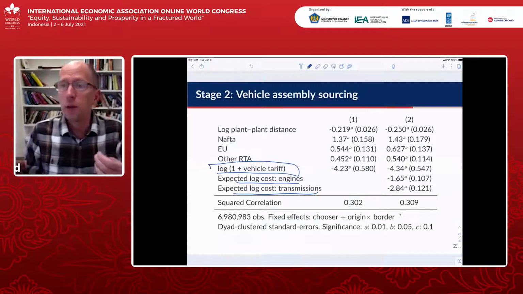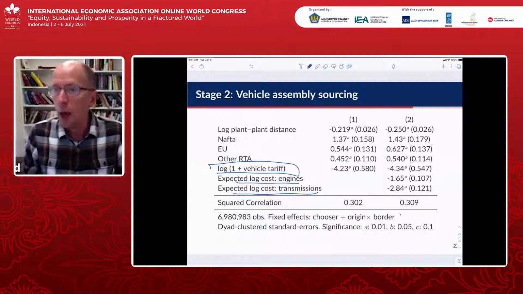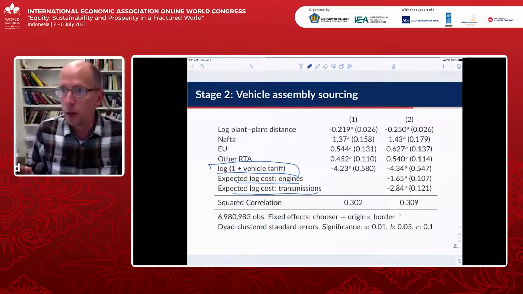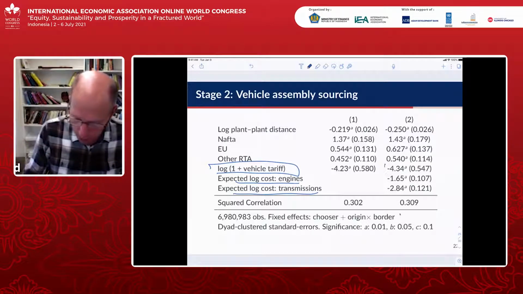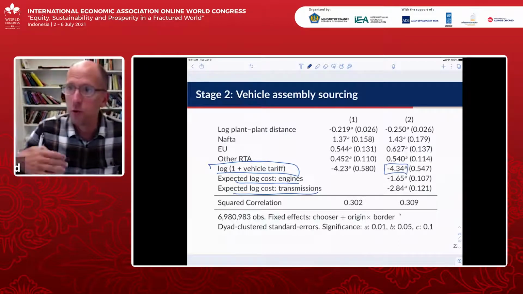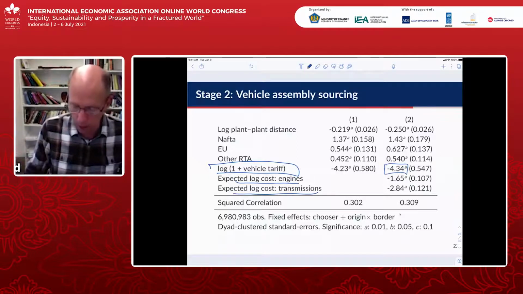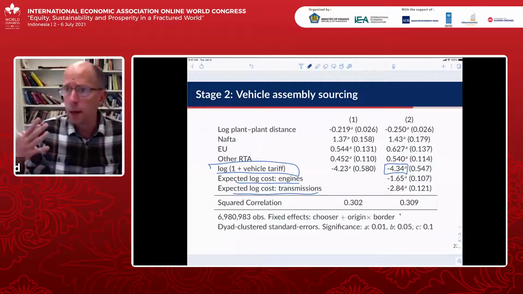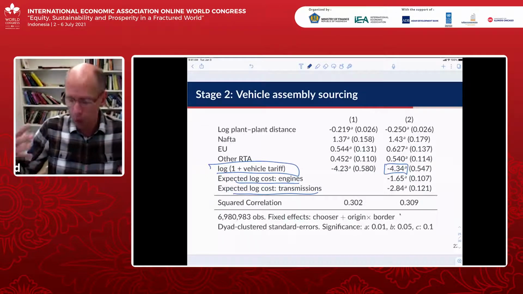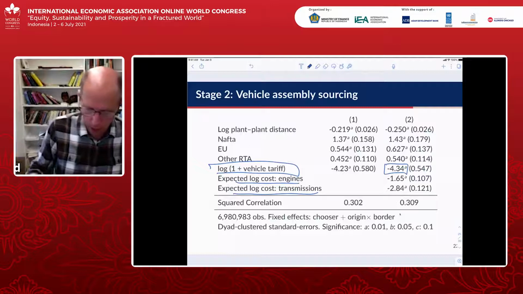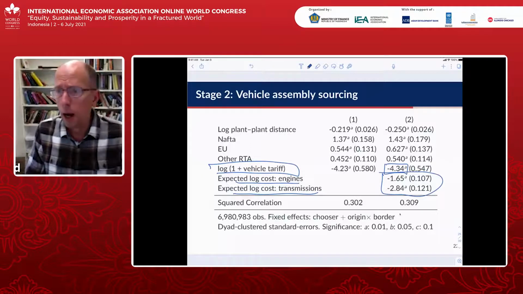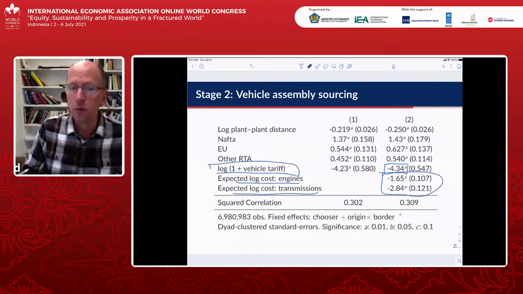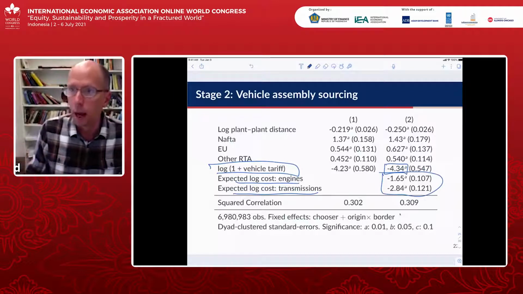So for example, in the US, there's a 2.5% tariff on finished vehicles, unless they're used for hauling goods, like an F-150 pickup truck, in which case it's a 25% tariff on goods, unless they come from within NAFTA. So we're able to estimate that elasticity of substitution, this other theta, the theta at the vehicle level, and it comes in around 4. Again, pretty big, but not as big as the others, which supports the choice structure that we've chosen here. And then we also see significant and important influences for the expected costs of engines and transmissions that we calculated coming out of the previous regression.